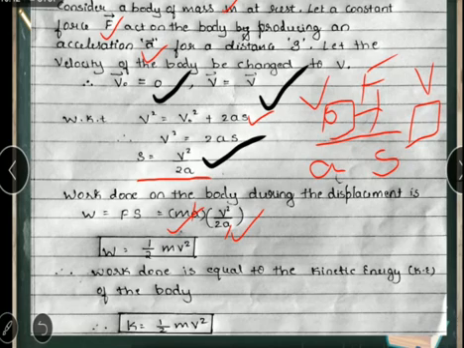ಸೊ ವರ್ಕ್ ಡನ್ ಈಸ್ ಈಕ್ವಲ್ ಟು ದಿ ಕೈನೆಟಿಕ್ ಎನರ್ಜಿ ಆಫ್ ದಿ ಬಾಡಿ. ಓಕೆ. ಸೊ ಈ ಎಕ್ಸ್ಪ್ರೆಷನ್ ಮತ್ತು ಈ ಎಕ್ಸ್ಪ್ರೆಷನ್ ಏನಾಯಿತು? ವರ್ಕ್ ಡನ್ ಎರಡು RHS ಸೇಮ್ ಇದೆ. ಹೌದಾ? ಸೊ ವರ್ಕ್ ಡನ್ ಈಸ್ ಈಕ್ವಲ್ ಟು kinetic energy of the body. Okay, ಎರಡು equivalent term ಆಯಿತು. ಹೌದಾ? ನೆಕ್ಸ್ಟ್,